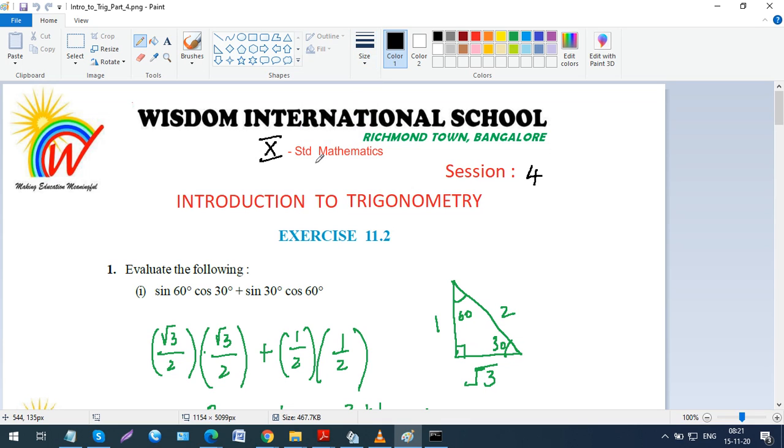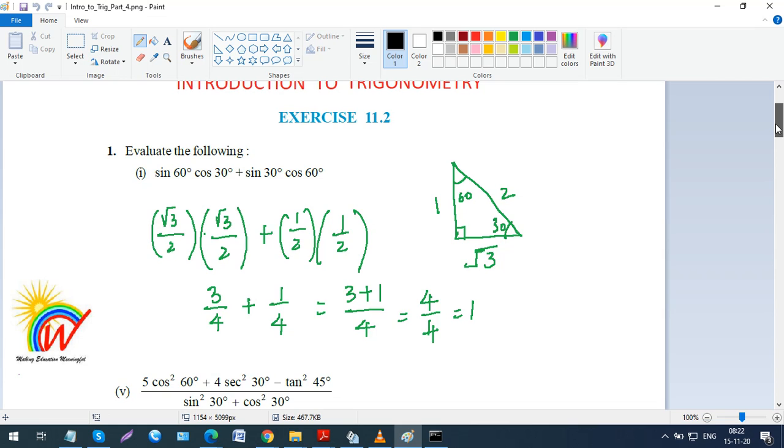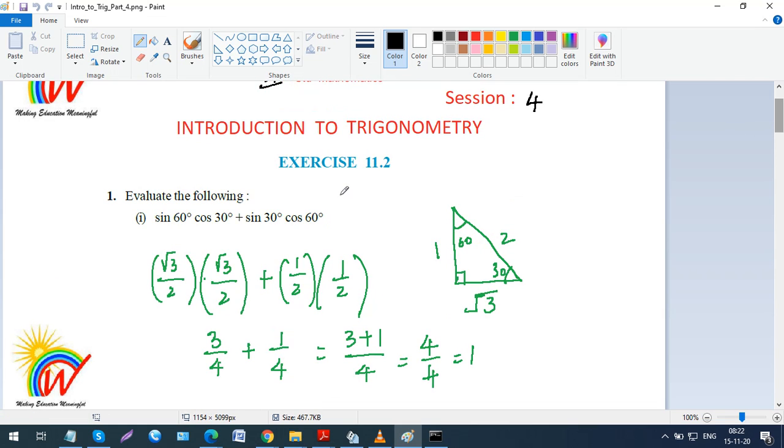So we'll continue with exercise 11.2. So far we have learned a few concepts, and based on those concepts, I'm going to explain how to solve problems in this exercise. Now, question number 1, first one, says evaluate the following: sine 60 cos 30 plus sine 30 cos 60. As I told you, you can either remember the table,